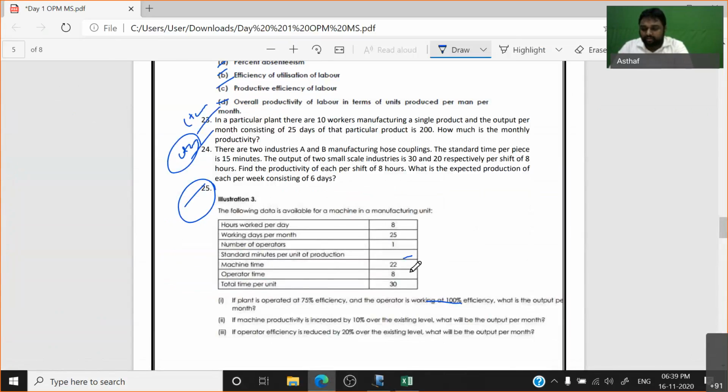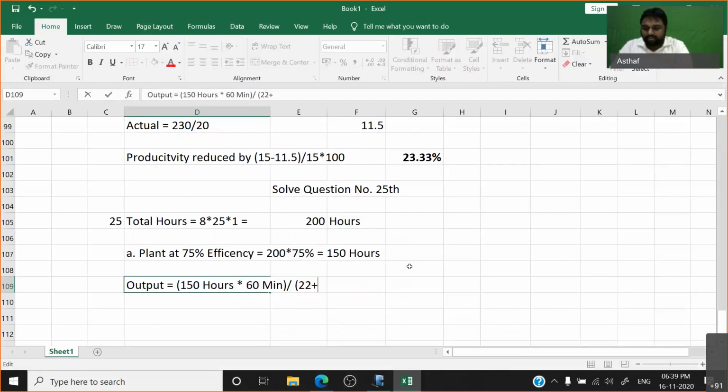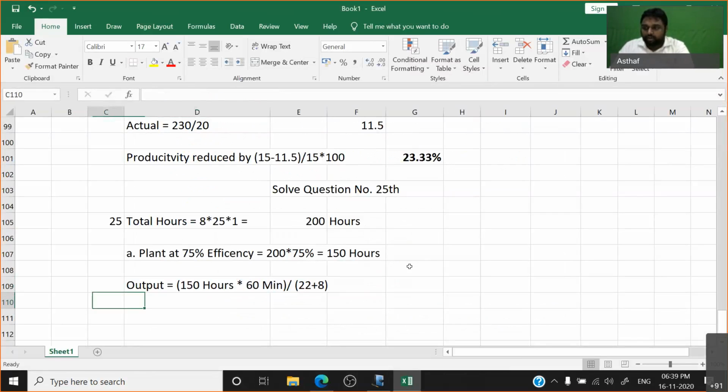Operator's time is 8. So 22 plus 8. Where you will get 300 units. Yes or no? Is it correct or not? Dears,